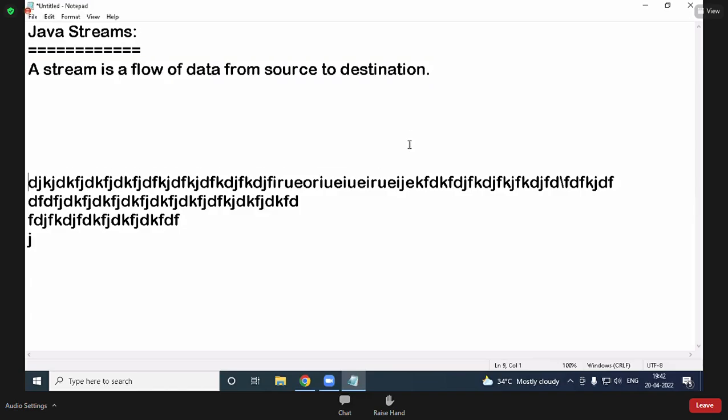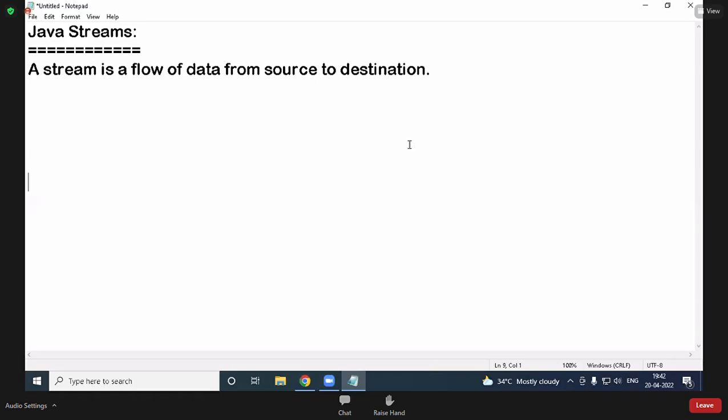Now the source is a keyboard, the monitor is a destination, but not only keyboard and monitor, many things.